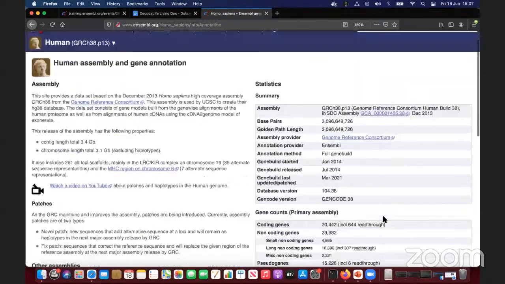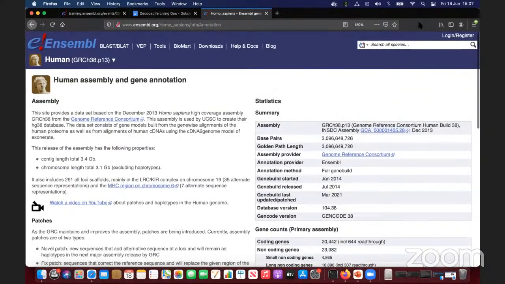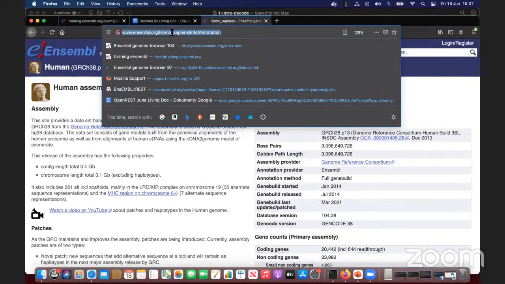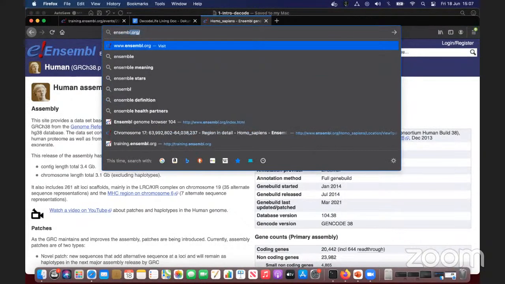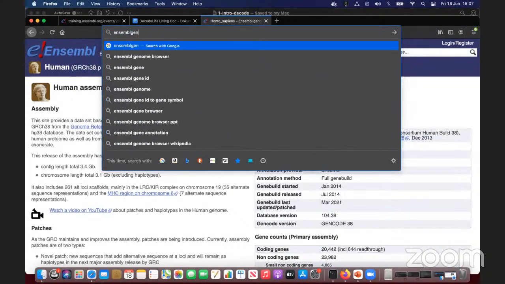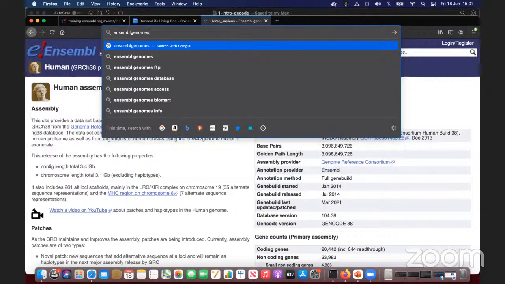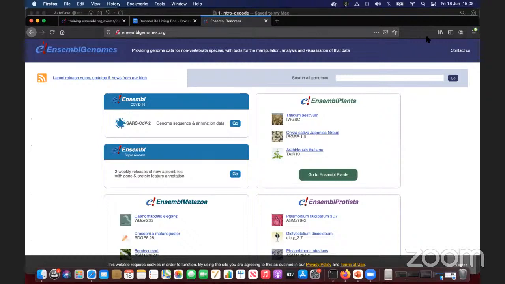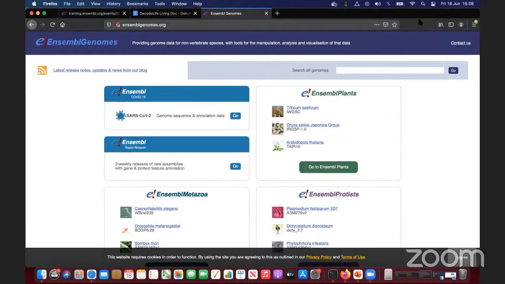Great stuff. So I wanted to quickly show you the Ensembl Genomes homepage as well. So if I type ensemblgenomes.org and hit enter, that should take me to the Ensembl Genomes homepage,